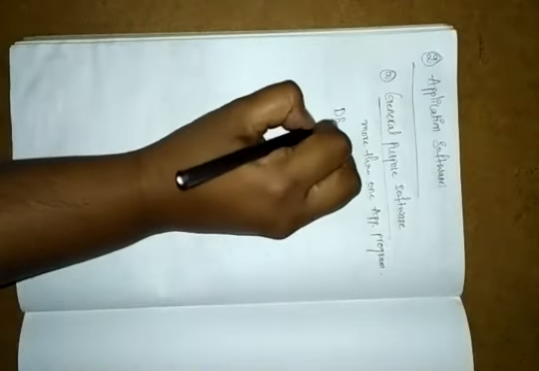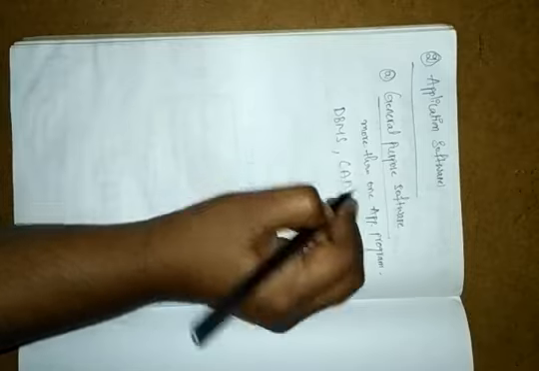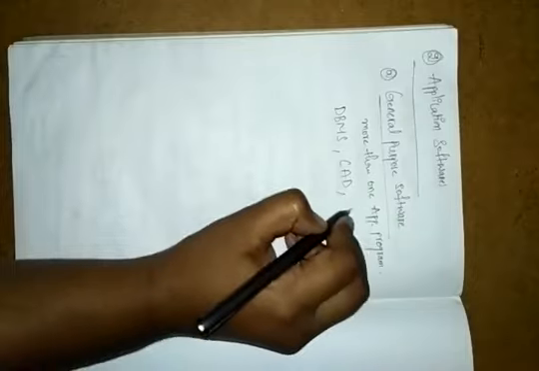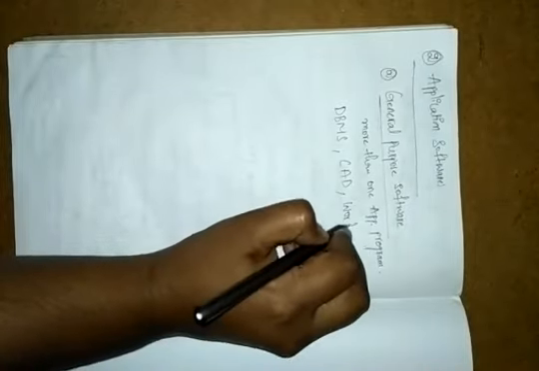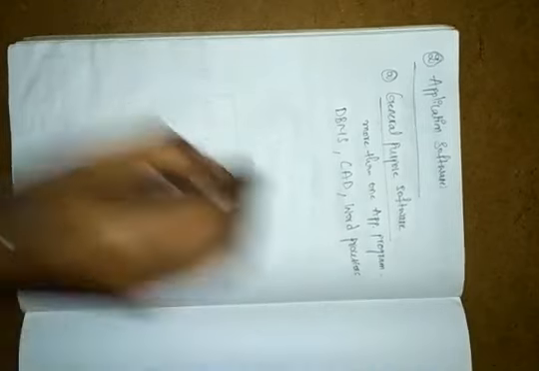So what do we have as general purpose software? Here we have general purpose software such as the DBMS, which means database management system, or you can use CAD, which means computer aided design. Mostly CAD is used in games, or else you can use word processors. You can use Word. Okay, everyone knows Word.